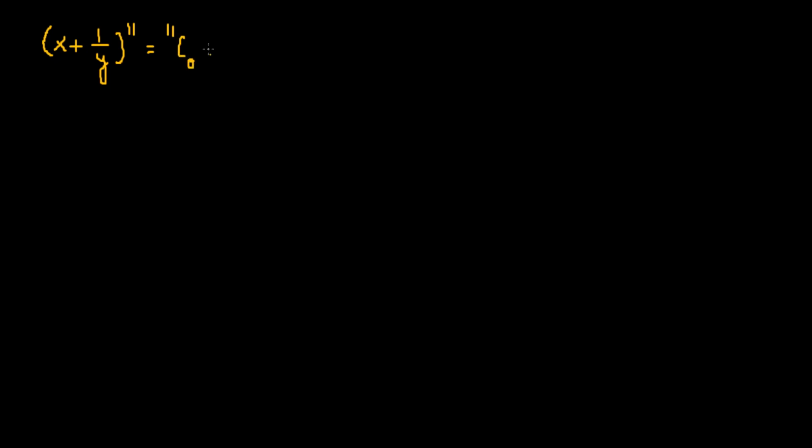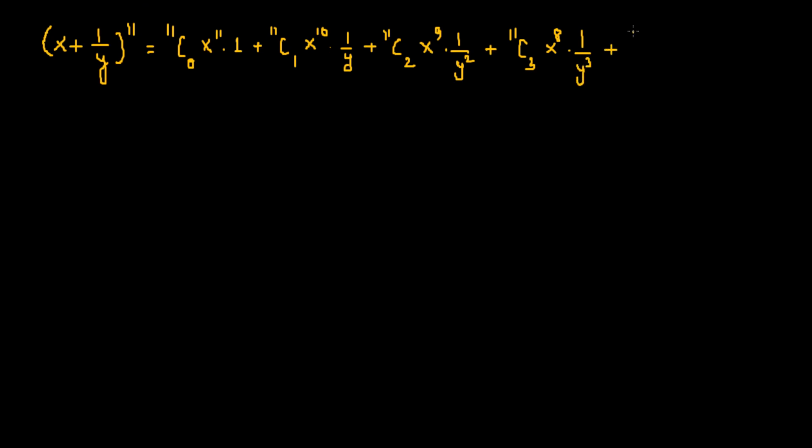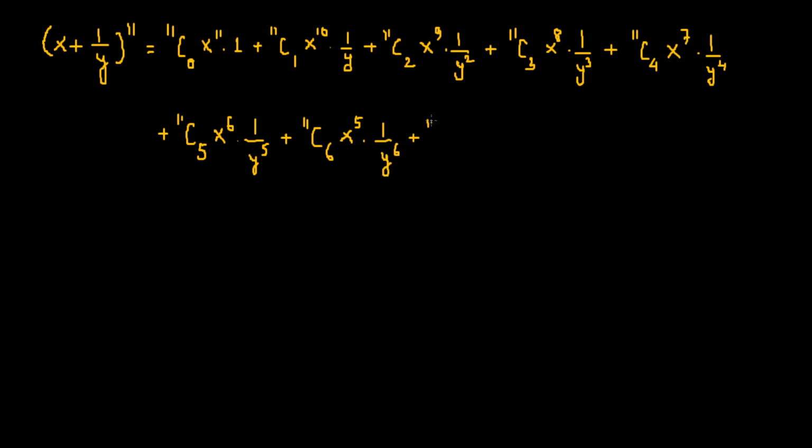So this is 11c0 x to the power of 11 times 1 plus 11c1 x to the power 10 times 1 over y plus 11c2 x to the power of 9 times 1 over y squared plus 11c3 x raised to the power of 8 times 1 over y cube plus 11c4 x raised to the power of 7 times 1 over y to the power of 4 plus 11c5 x to the power of 6 times 1 over y raised to the power of 5 plus 11c6 x raised to the power of 5 times 1 by y raised to the power of 6